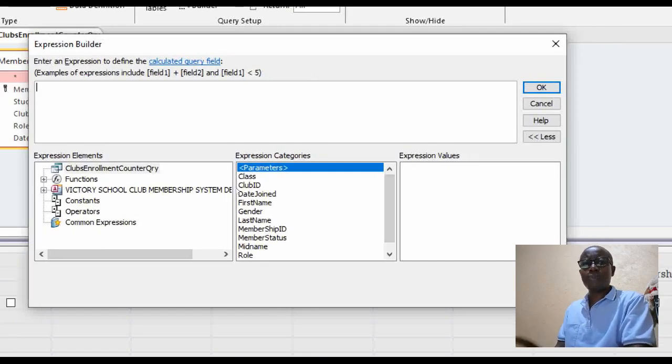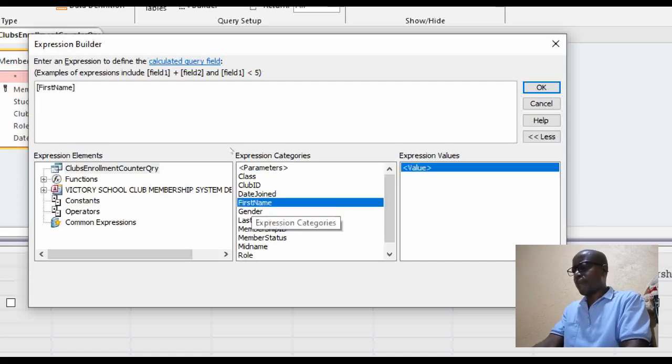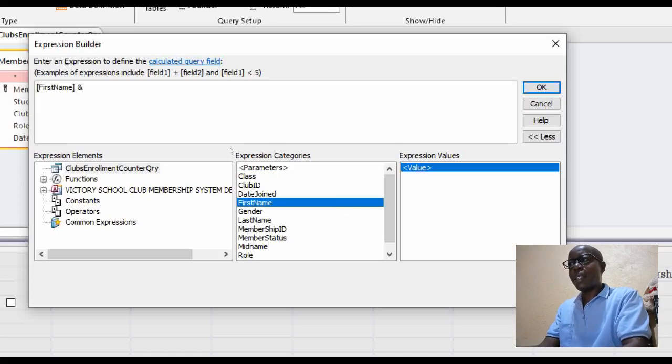So how do we concatenate? Can somebody mention what I should do? Yes, we pick first name, and then ampersand, very good. Then double quotes, space, double quote, and then ampersand, very good. And then what else?